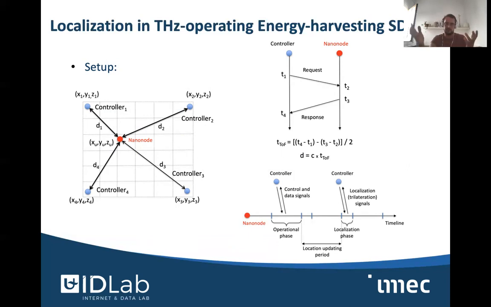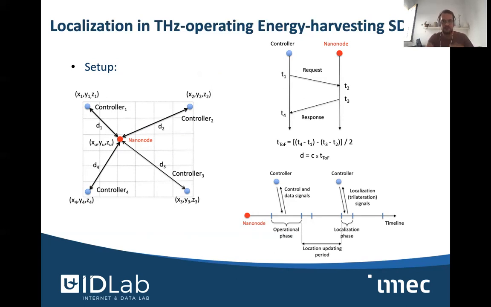Well, since you have to think about this whole system as being mobile, right? It's being worn by a person or something like that. So in a sense, what you want to do is you want to localize at a certain point, and you want the system to operate for a certain point, which we call the operational phase. Then it localizes the elements, which is called the localization phase. And this is defined by the location updating period. This is important because it's going to come up in the results.